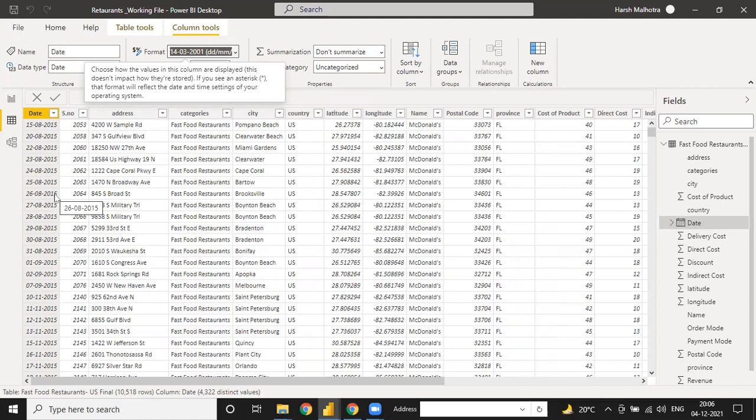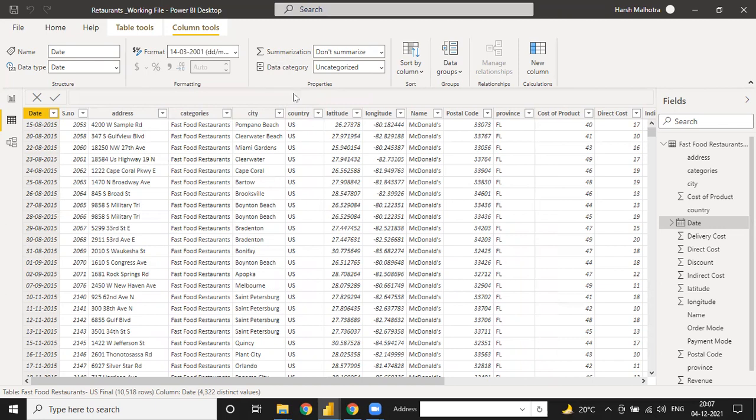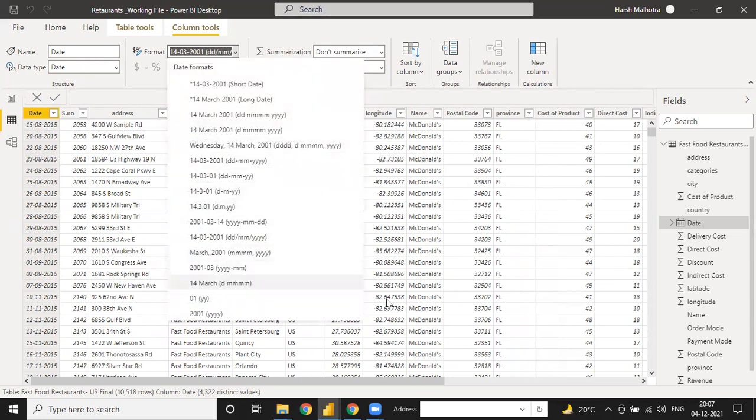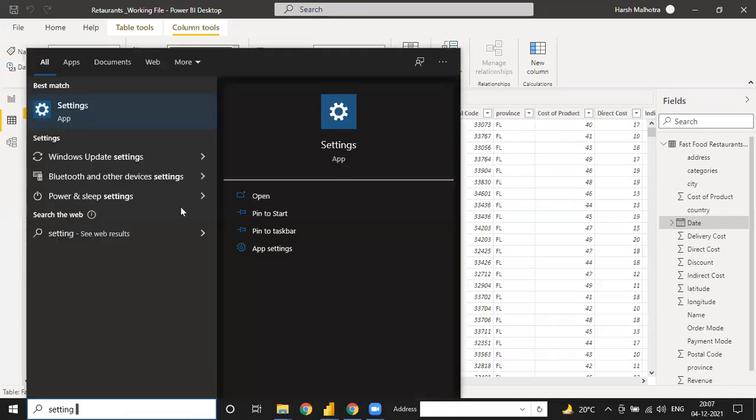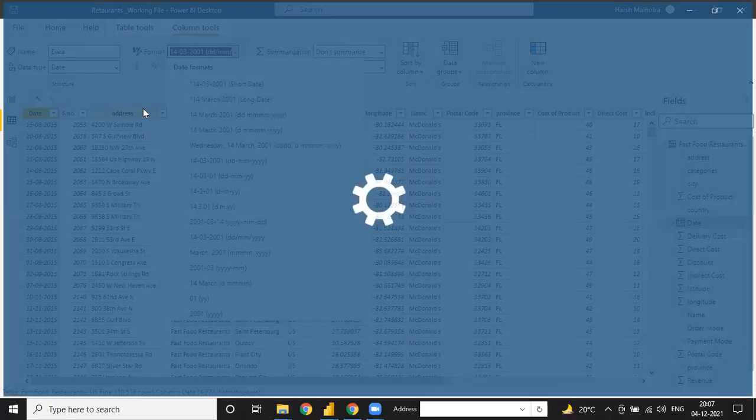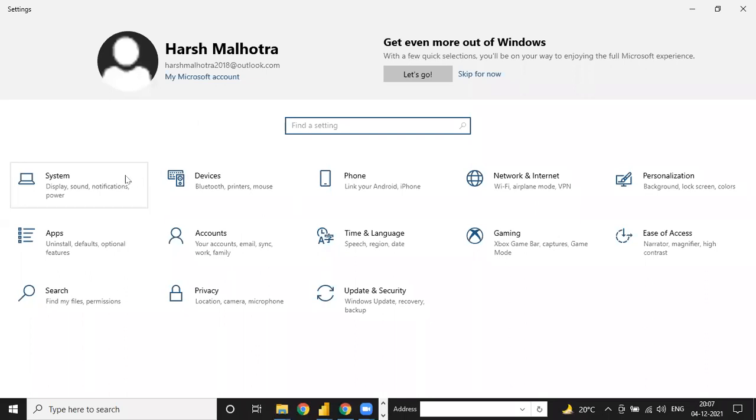Yes, Harsh, that was what I was doing, but in the US it's month, date, and year. No worry. Suppose in the US right now my date format is 4 December. It is Indian time. So for this, I think you have to change your date setting. If you need Indian accounting, Indian purpose, I think you change the date setting on your personal laptop. And where is the date setting? Yeah, I did that also, but it's not working.